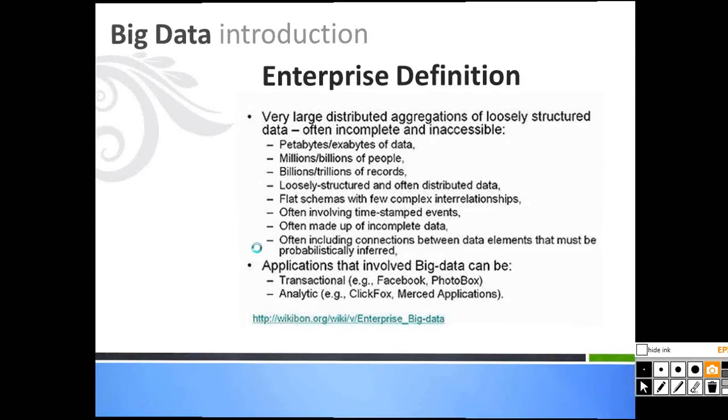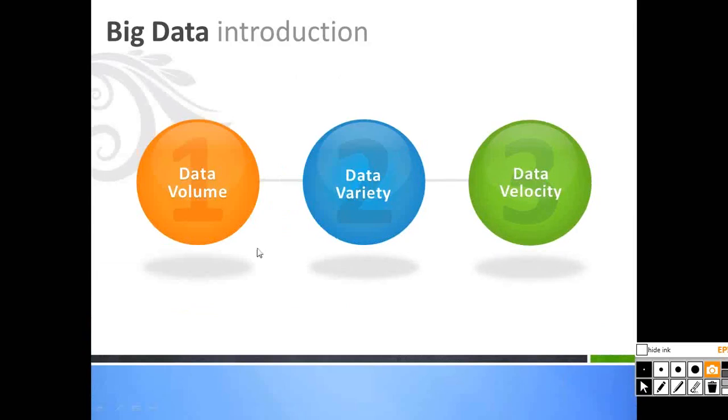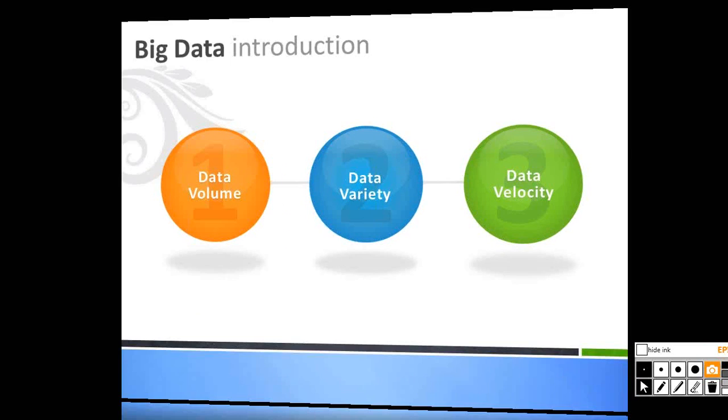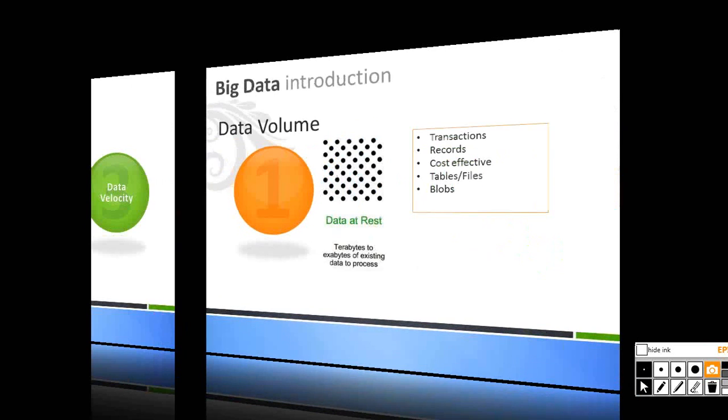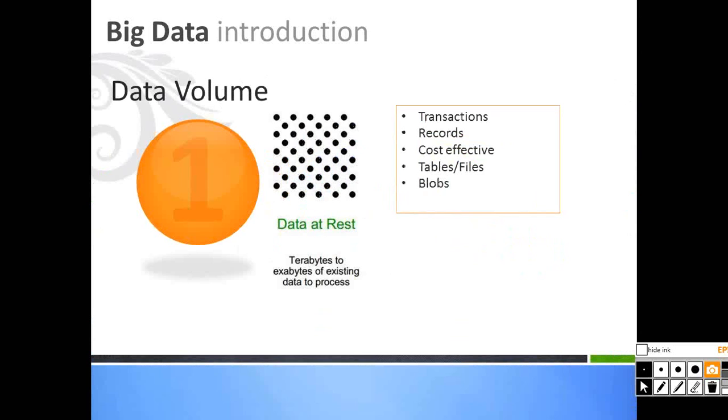Now, the dimensions we just talked about are volume, variety, and velocity. These are the fundamental dimensions here. Let us look at each one of them. So the volume is pretty much something we can understand. We are not completely unfamiliar with data volumes, but again, the volumes we're talking about are much beyond the